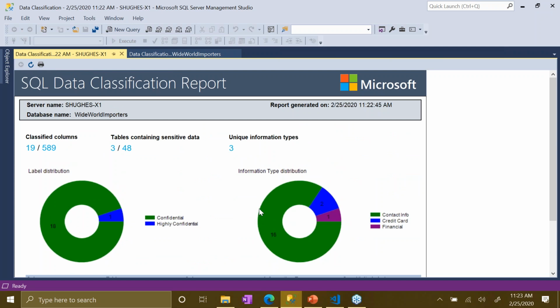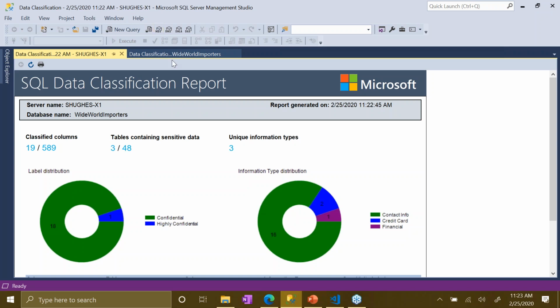I might be trying to integrate Power BI, so maybe I'm pulling classification data from SQL Server and classification data from Oracle or some other system, and I want to make sure all that classification data ends up in the same reporting structure. This is how you would add the SQL Server classification data into a Power BI report, for instance. You go against that system table. But at least this gives you a high-level overview of what's going on.